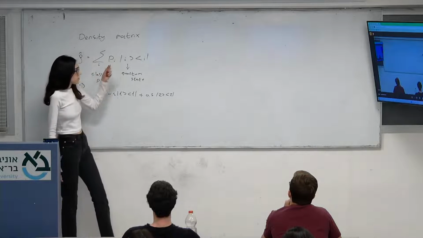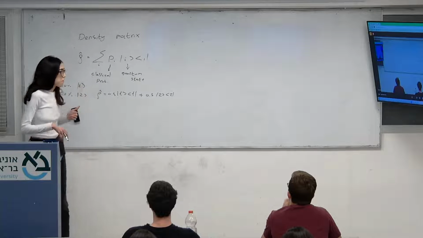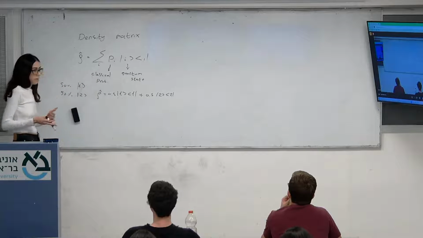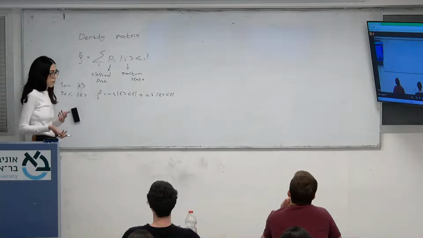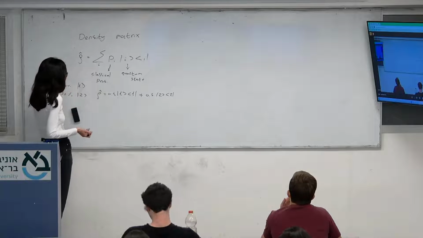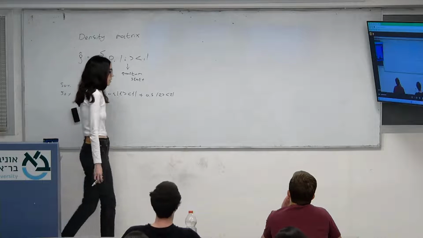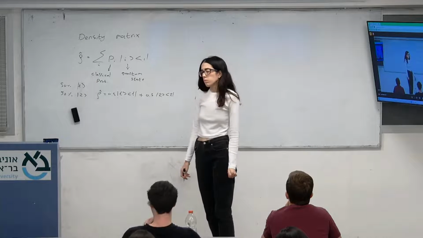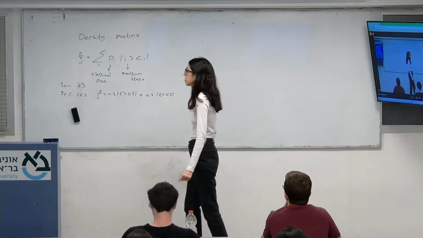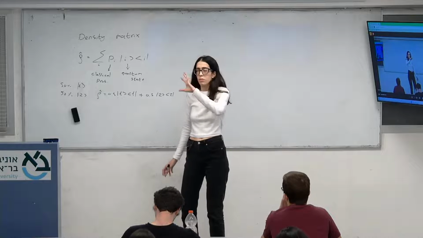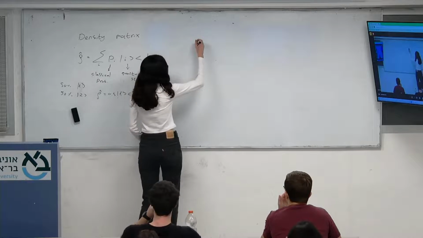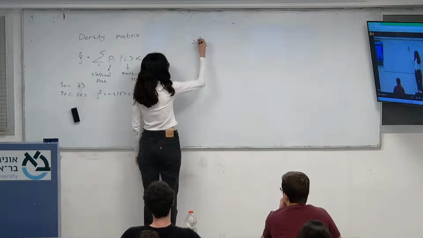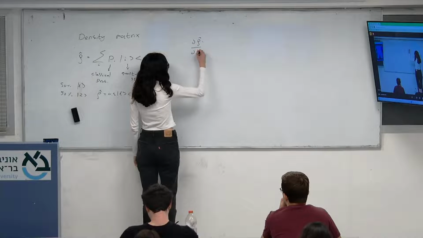So this is the density matrix, and in the same way that we had the time evolution of the density function using the Wills equation, now we have the von Neumann equation, I think. I think it's like Wills and von Neumann. I don't remember. So the equation is d rho dt